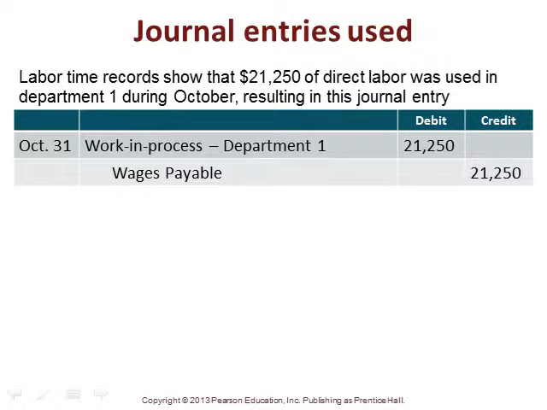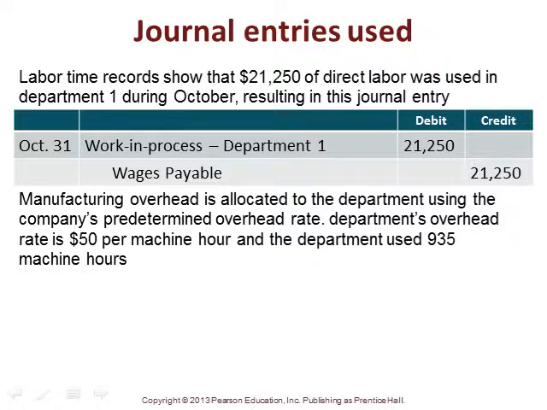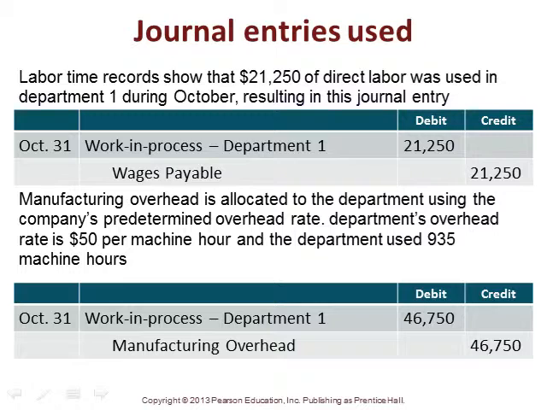So then the next entry would be that manufacturing overhead has to be allocated, and so that's allocated to the department using the company's predetermined overhead rate, which we talked about earlier. And in this example, it's $50 per machine hour, and the department used 935 machine hours. And so that entry just simply takes the $50 times the 935 to get $46,750. Again, we debit our work in process for Department 1 and we credit manufacturing overhead,